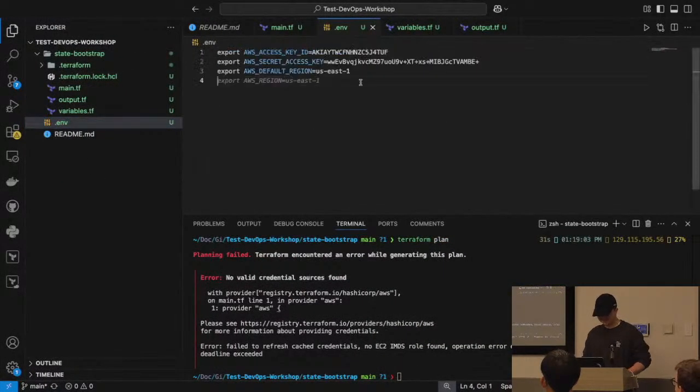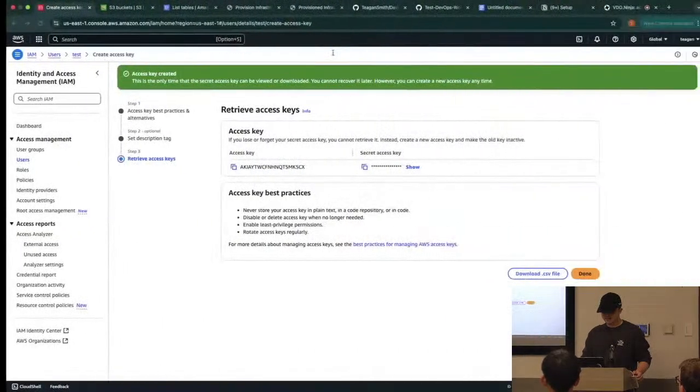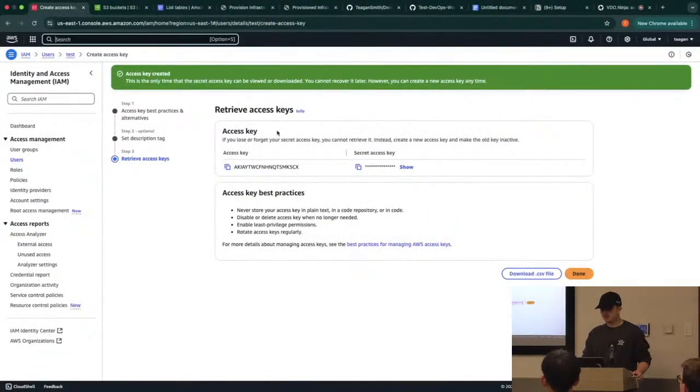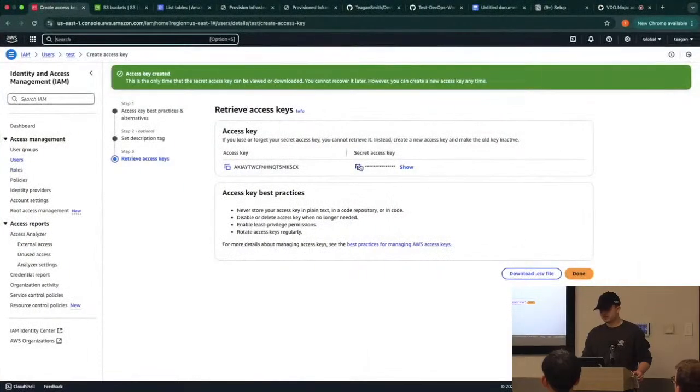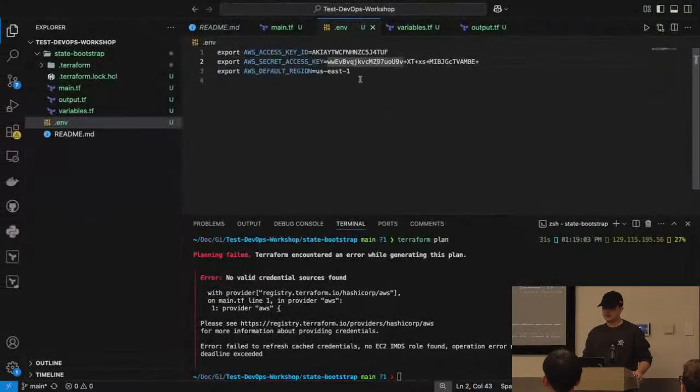Before then. Okay, so we're gonna export AWS, and the names of this are very important because this is the standardized version. So AWS access key ID, that is going to be this access key that you made when you made your key. Secret access key is going to be this, and you're gonna copy that over. If you've already exited this page, you need to reference your CSV file. And then we're gonna be working with us-east-1 as our default region.